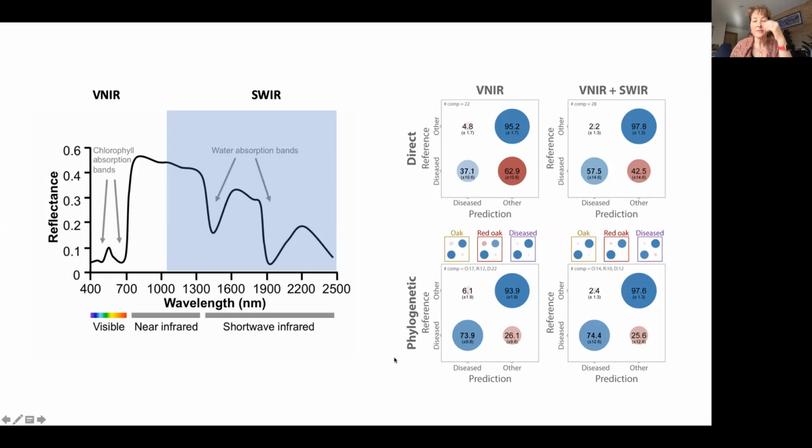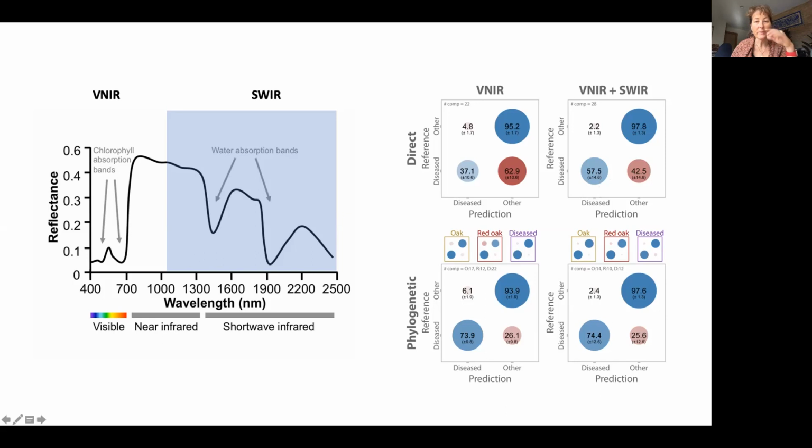These are results from Gerard Sapé's work showing that when you just do the direct approach, it does actually help to have the shortwave infrared, and you get higher detection of other species. But we don't do that well in detecting diseased from non-diseased. A lot of the time you actually get it wrong when you just have the visible and near infrared. You get it correct more often when you have the shortwave infrared,